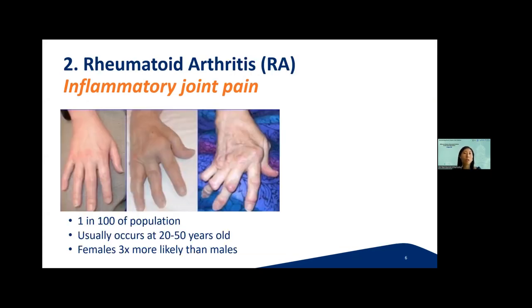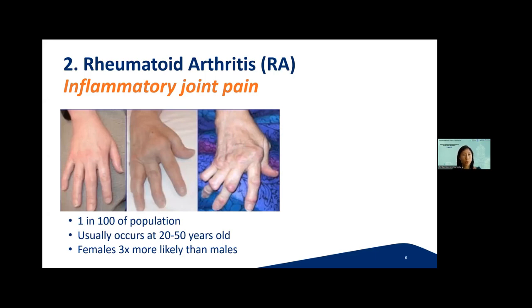Moving on to the most common condition of inflammatory joint pain of the hands, a condition called rheumatoid arthritis, also known as RA. It affects 1 in 100 people, and its onset can occur at any age, but often between the ages of 20 to 50. Females are 3 times more likely to be affected than males. The severity of rheumatoid arthritis may vary. In the early stages, patients may just have slightly puffy-looking joints, as seen in the photograph on the left, progressing to joint deformity if left untreated, as seen in the photograph on the right.